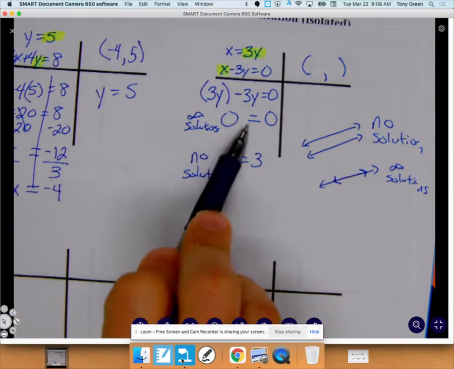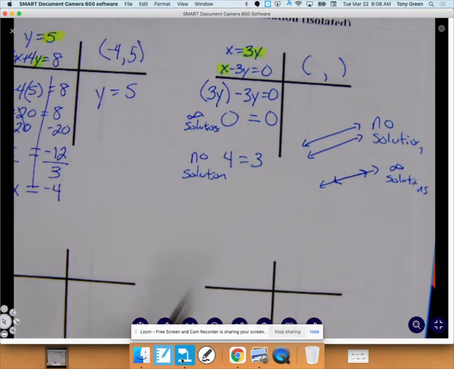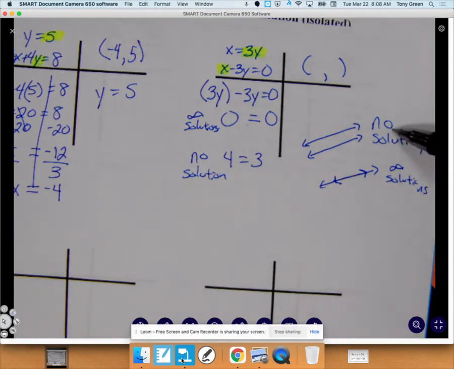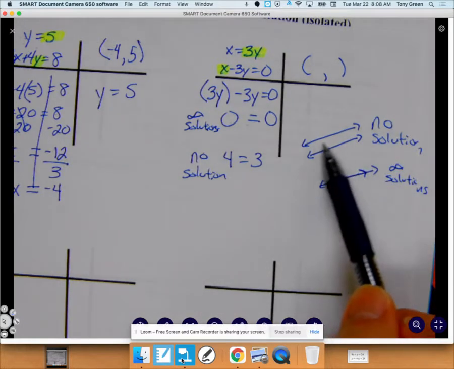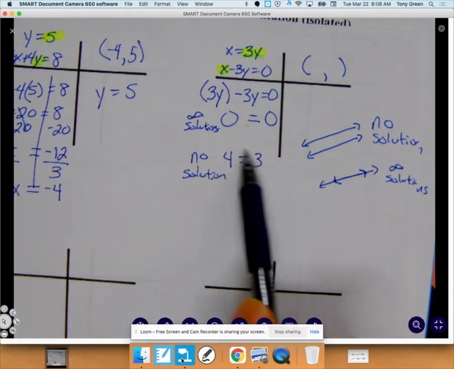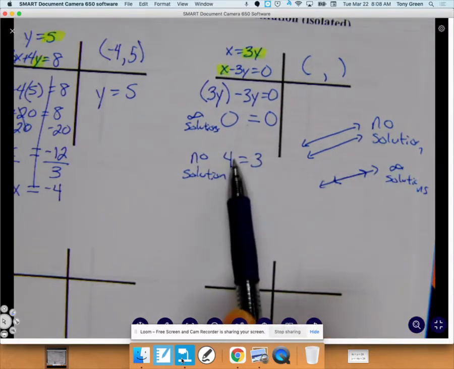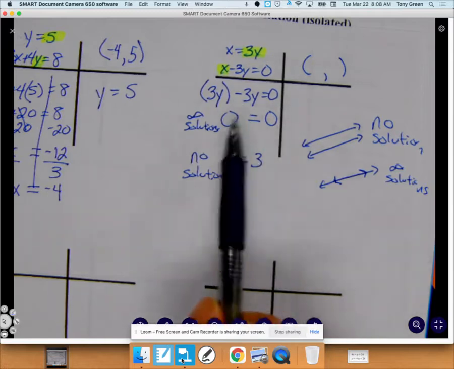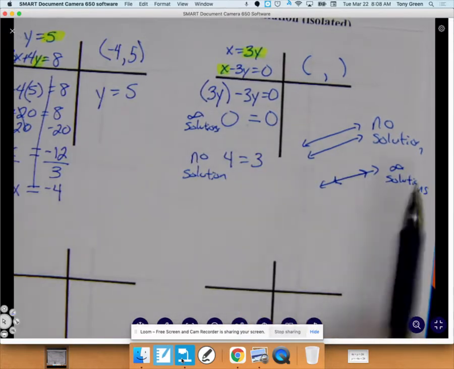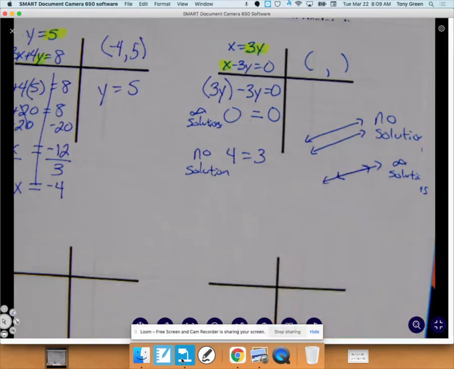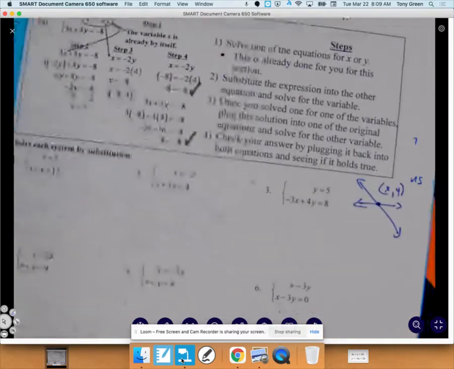Now these are special. You don't see this very often, and we're going to go over these tomorrow. I think you'll see one other of these. So it's no solution because the lines are parallel, and you'll have an untrue statement. Not true, no solution. True has infinite solutions. I'm going to have a great video from the Princess Bride to help you remember this. All right, so the next